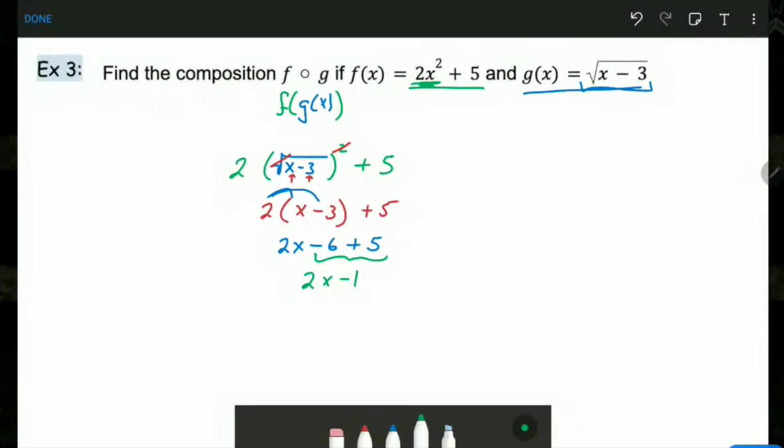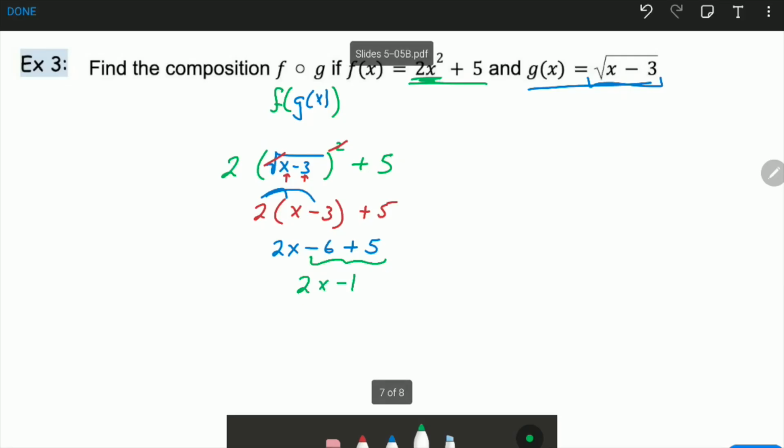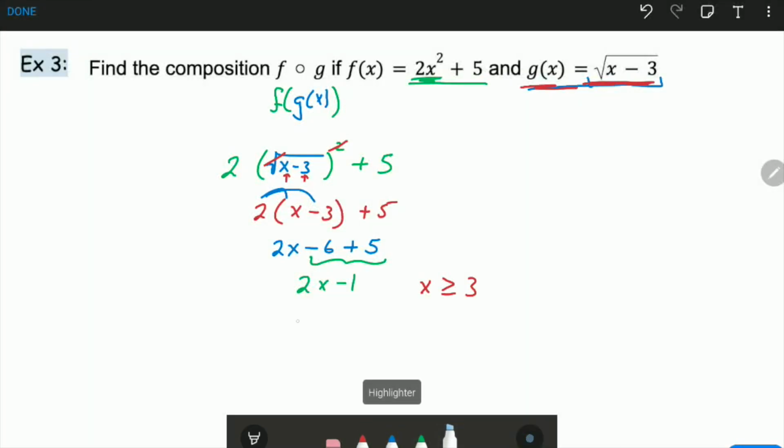So, since this is the inner function, this will determine the x values that can be plugged in. We are limited to just being able to use x values greater than or equal to 3 as part of the composition. So our answer consists of both the expression part and this restricted domain for the resulting composition. Because for f of x, we could have used any x value, but for g of x, we were limited